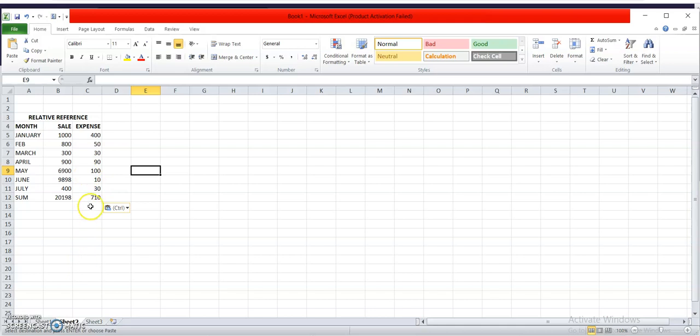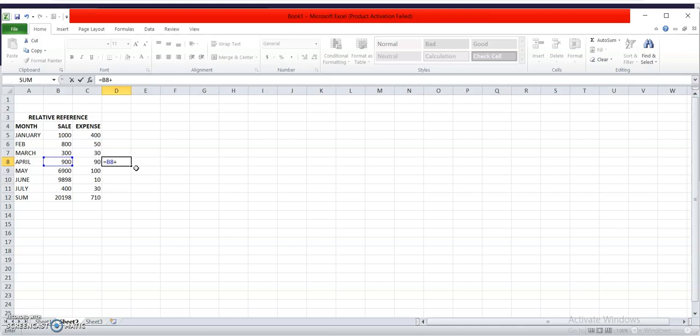First of all, let us suppose we want to use this cell of this sheet. The address of 900 is B8. I will write B8, and I want to take some value from the previous sheet.